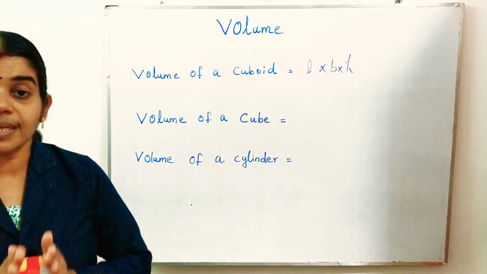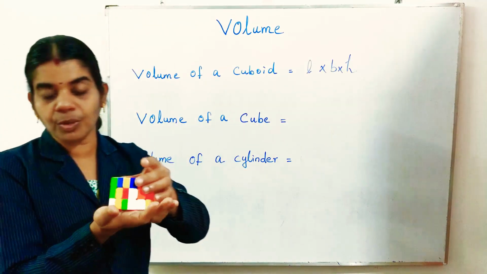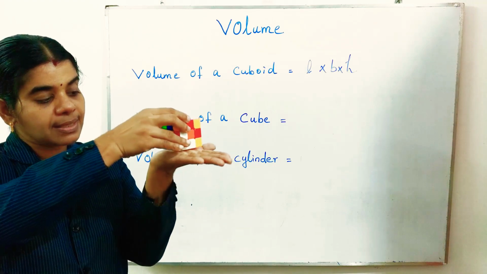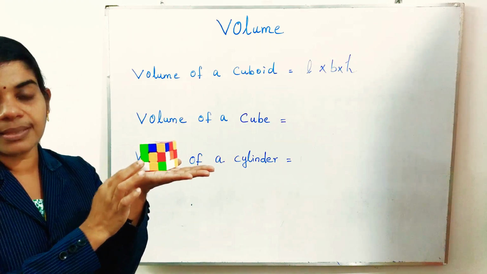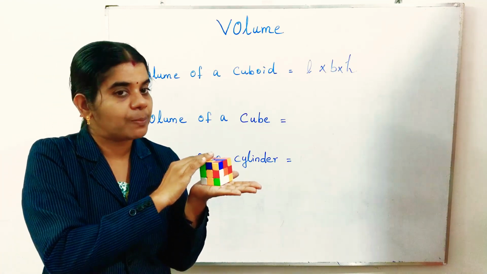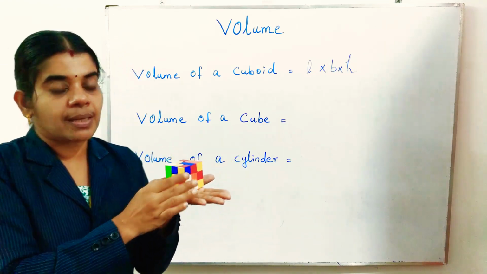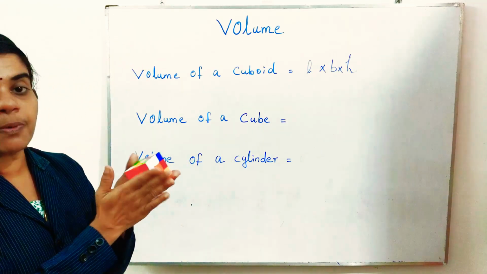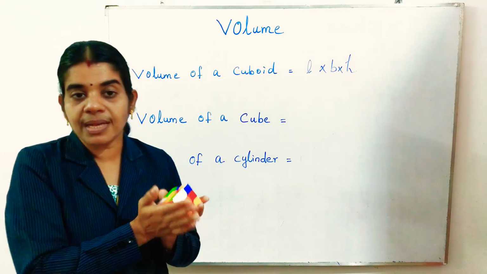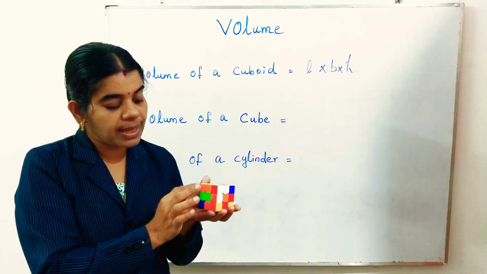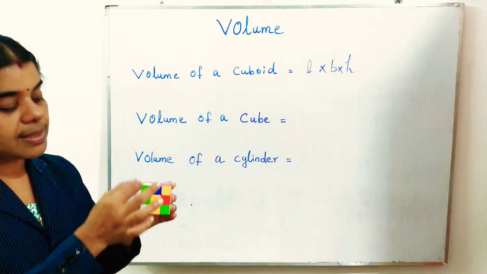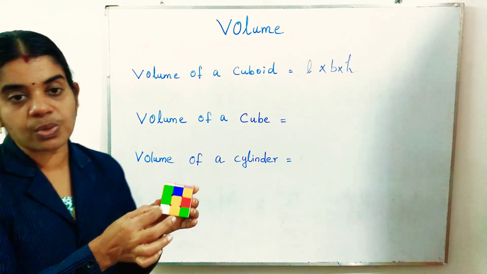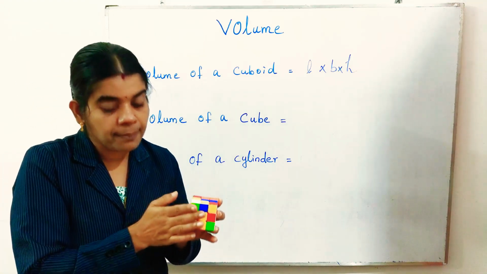Next we are discussing the cube. Suppose we keep this cube shape this way. Then this also will be base area into height. That much space is needed to occupy this cube. Base area means it will be in the shape of a square. You know that if A is one side, the area of a square will be A square. In the case of a cube, the height also will be A.